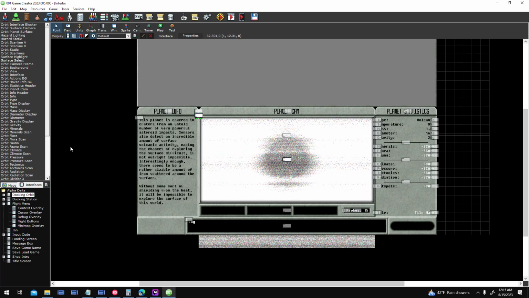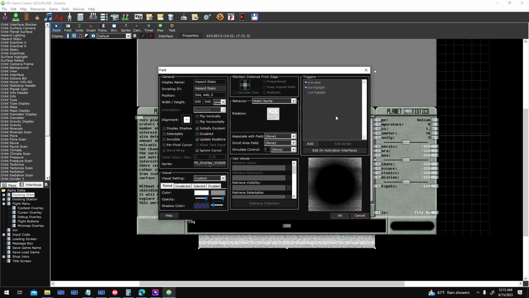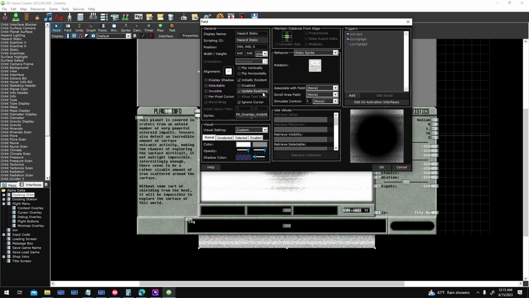But let's pop into one of these and check out the positioning. So I'm currently using the update real time on this because the retrieve position use values here, I actually think this might be true. I think they're more performance friendly than using a timer to position fields. I am not 100% sure, but I've noticed a difference in my frame rate, and I've definitely noticed that turning some things from using a timer into using these retrieve position fields, that I got smoother movement. You don't have to set a timer to